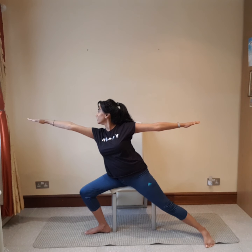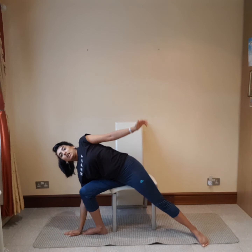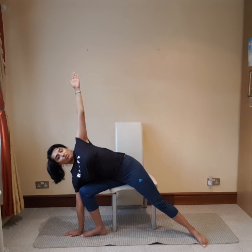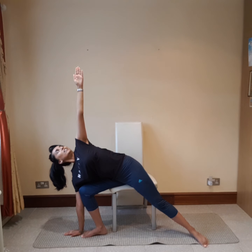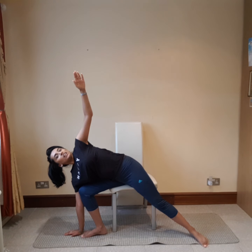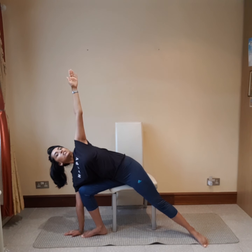Nice deep breath in, hold the pose, do this with a smile, and then release that right hand and place it onto the floor if you can. If you can place it onto the floor and then raise your left hand, you're still using that chair. And looking up at our middle finger. And now we're uncrunching this area and we're crunching this side now. So we've moved from